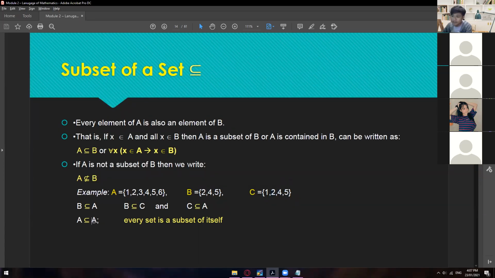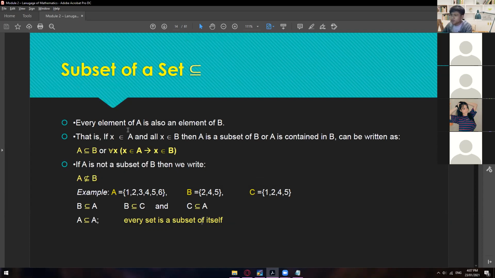And then A is a subset of A. So as usual, whatever elements are inside of that set can be found in itself. Okay, so that is why every set is a subset of itself. So A subset of A, B subset of B, C subset of C. Okay,